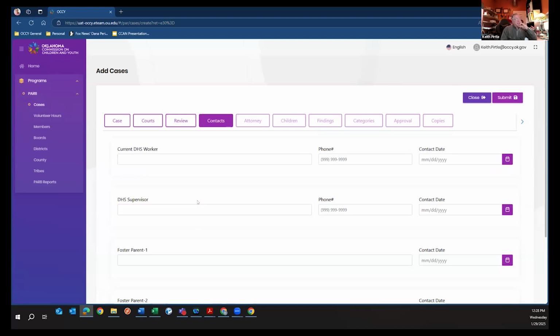So here's a classic example. I get this all the time. In Oklahoma County, and I think in Tulsa County too, they really like to put the current worker, the assigned permanency worker, with their phone number. Why is that? Well, because they call them, right? They want to check, they want to maybe schedule them to attend the next meeting. So it's nice to have the worker's name and the phone number.